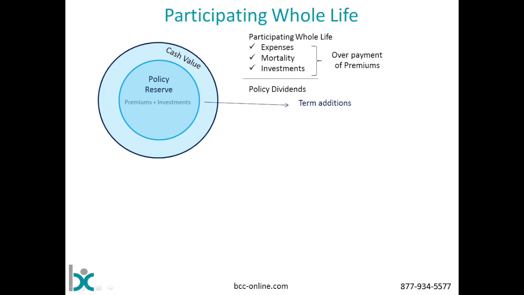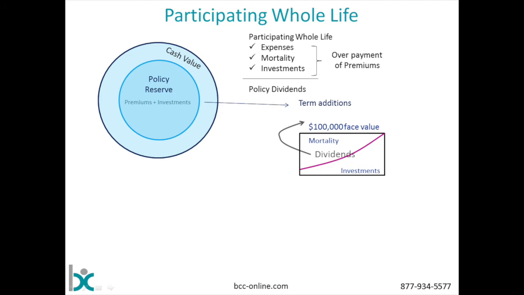We could take those dividends and use them to acquire some term insurance using a feature called term additions. And with term additions, all we're going to do, pretty simple here, we have our whole life policy. Let's say a $100,000 whole life policy, participating of course, and it pays out a dividend from time to time. We're going to take that dividend and we're going to use it to buy, just like we looked at in an earlier video, we're going to use it to buy